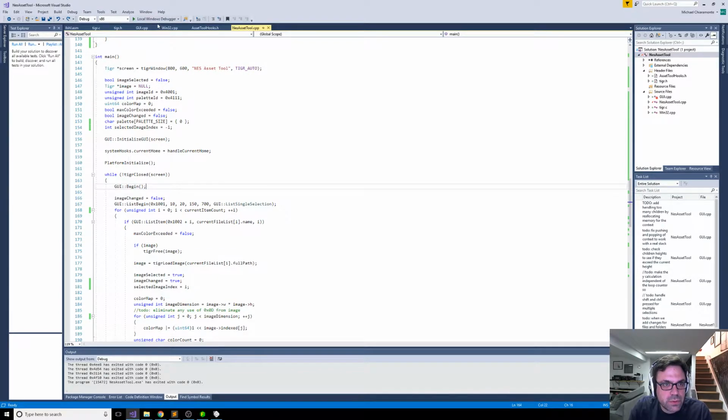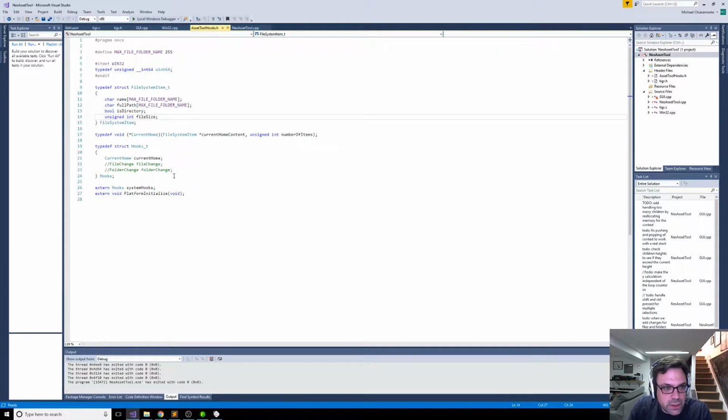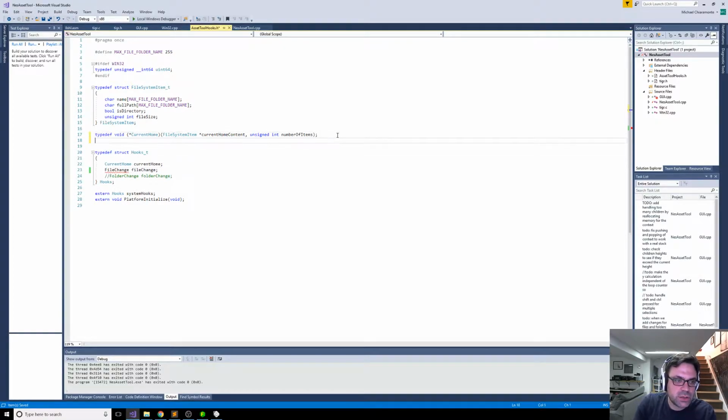So let's go to our Win32 layer. A couple of things. We have our Acid Tools hook here. We do not have file change currently enabled, but we're going to change that. So file change. Added. Deleted, removed, something like that. I don't know if this is going to be